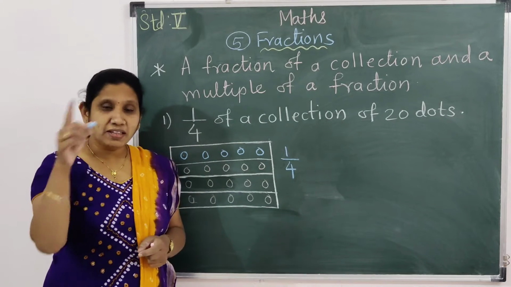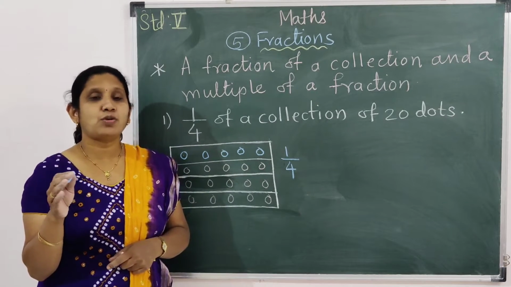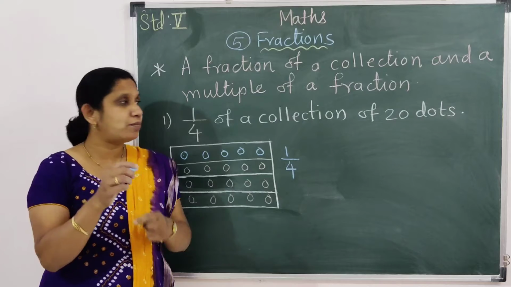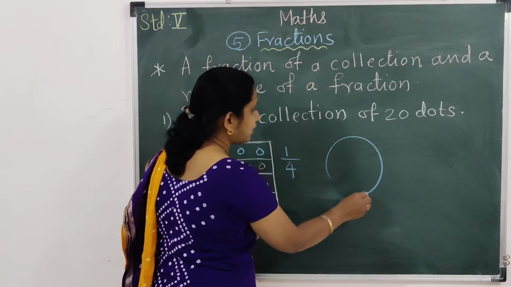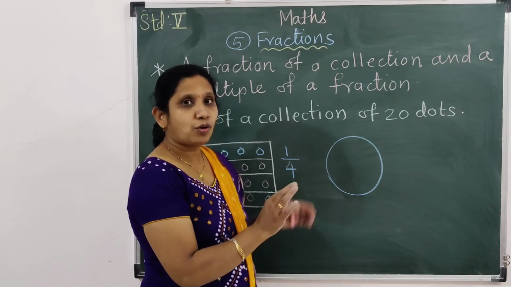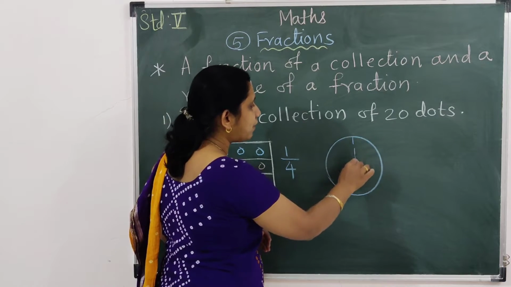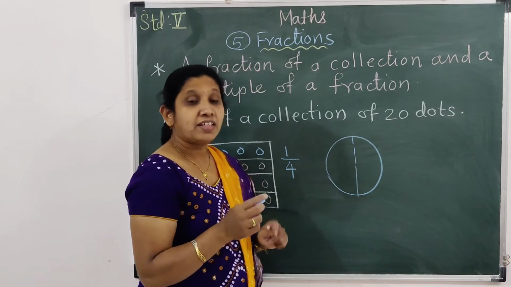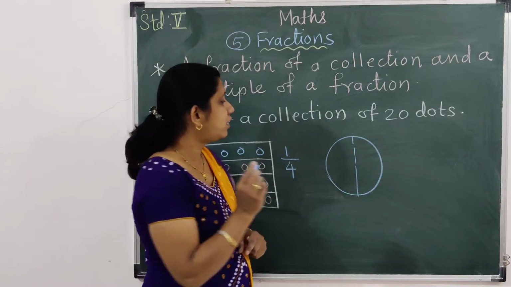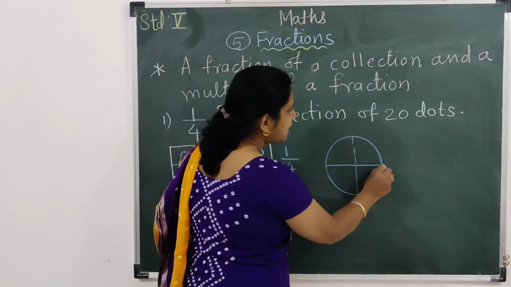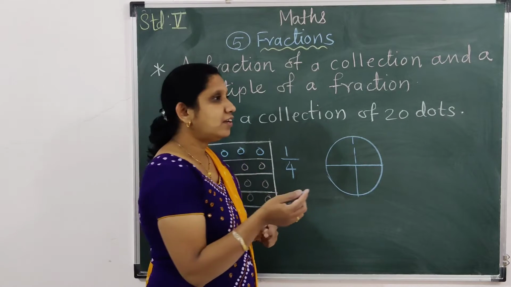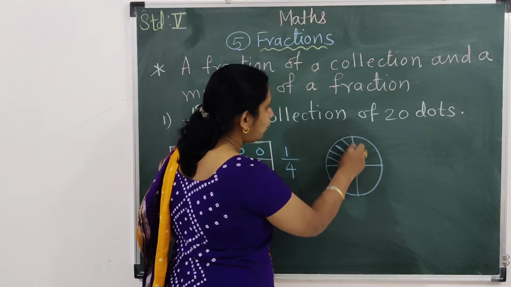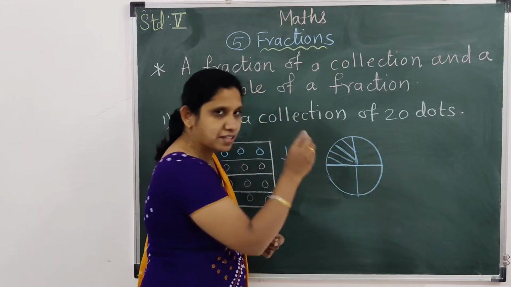You know, one chapati, a complete chapati. Sometimes you don't want a full chapati. Then you ask for half a chapati. Then what does your mother do? Suppose this is the chapati. You don't want the full chapati, so you say I want half a chapati. Then your mother breaks it into 2 parts. So this is half, half. Then sometimes you say I want only a quarter chapati. Then what does your mother do? She again breaks it into 4 parts. So this one part is 1 upon 4 part of a complete chapati.